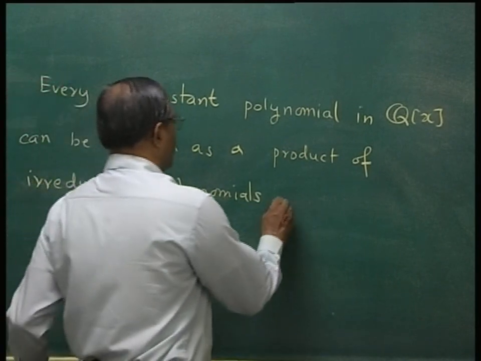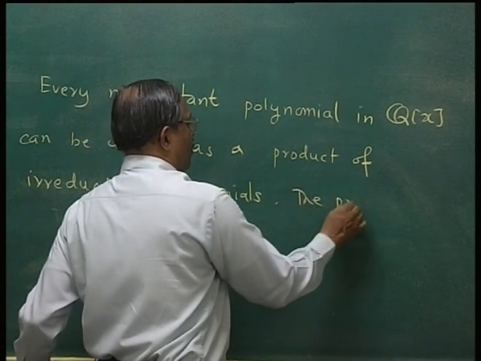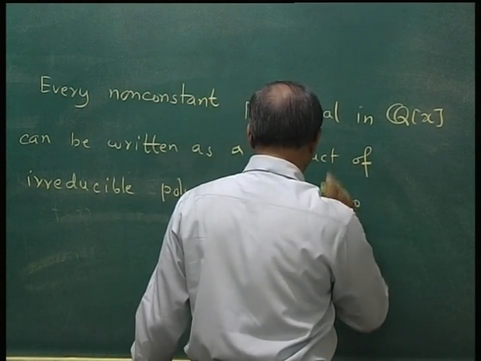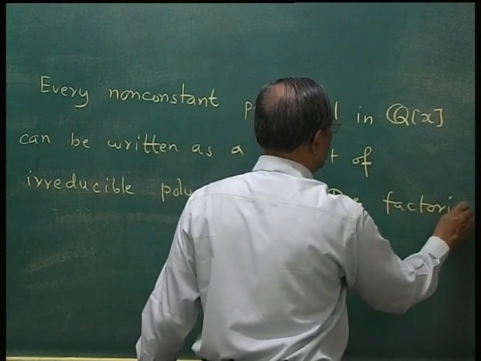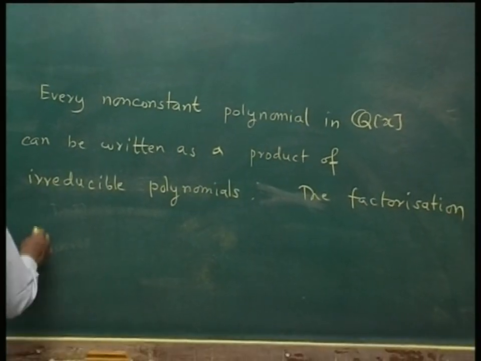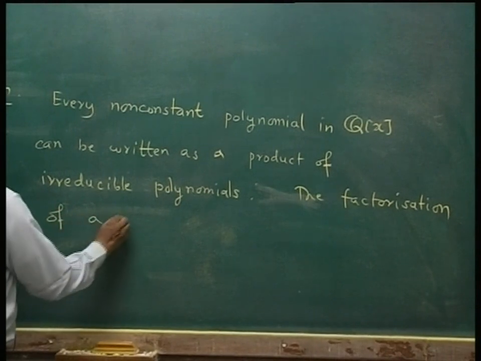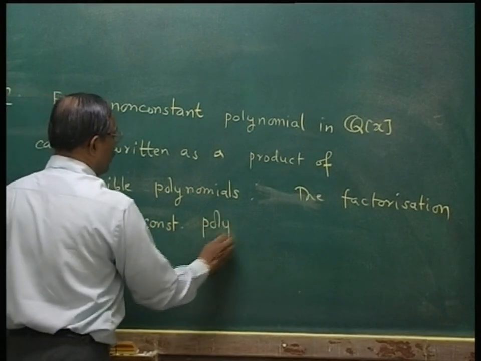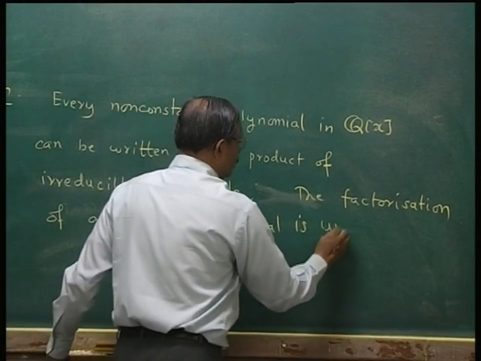The product is unique. This is called factorization. So you can say the factorization of a non-constant polynomial is unique